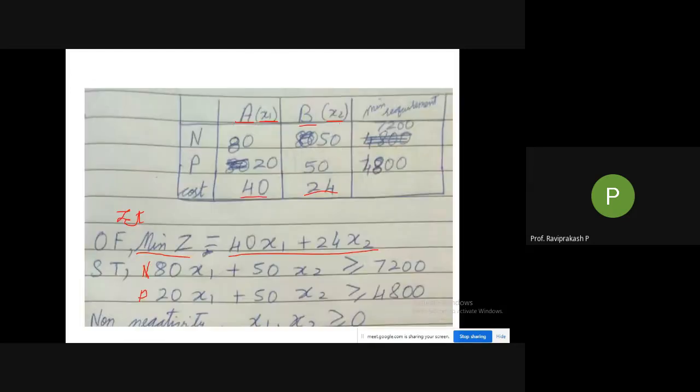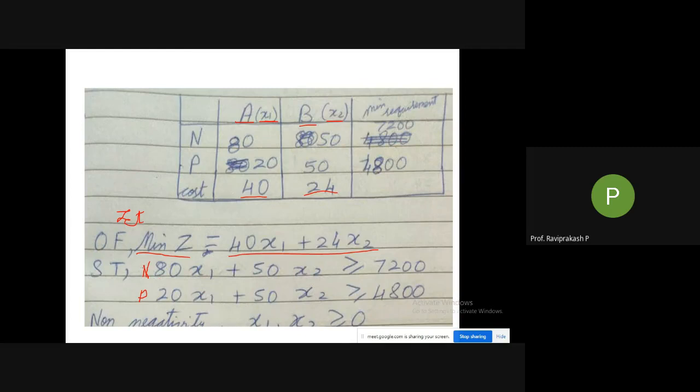That's why we make this particular tabular column, so that you don't make any mistakes while solving. As you go on solving more and more sums, you will reach a stage where you don't need this table. Looking directly at the problem, you will know what your objective function should contain, and what constraints are given, and you can directly write the constraint equations. You need to reach that level by practicing. So these are the two things they have given.